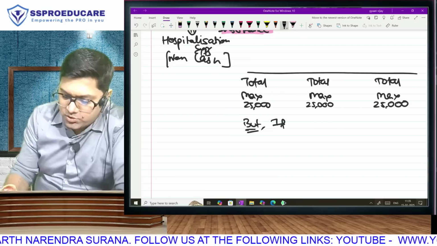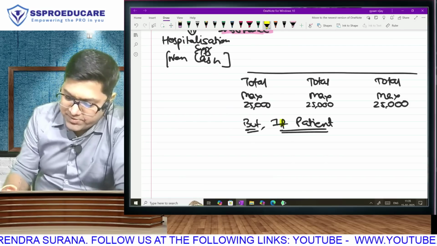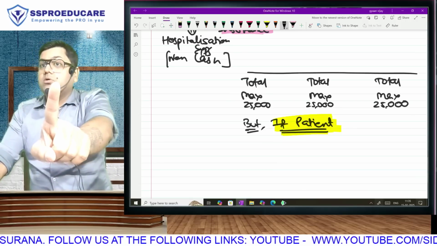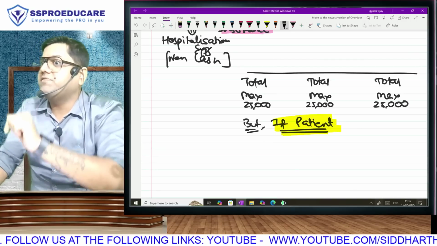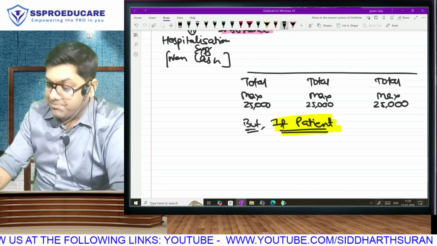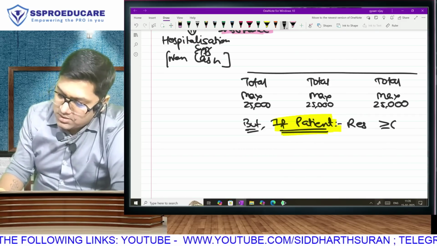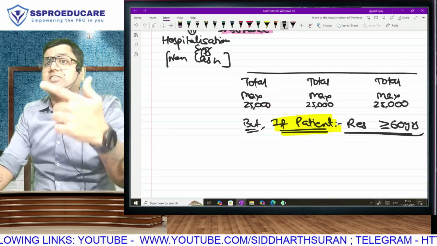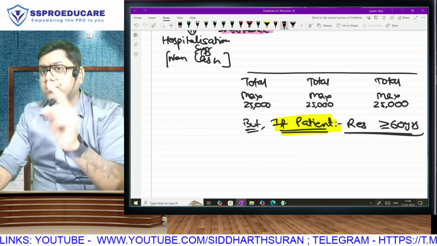If your patient, once again, not you bro, not you. You are covered only in the first category. Second category mein we will not see you, we will see your parents. Third category mein we will not see the HUF, we will see the member. If your patient is resident senior citizen, whichever section gives higher benefit for senior citizen, it is always going to be